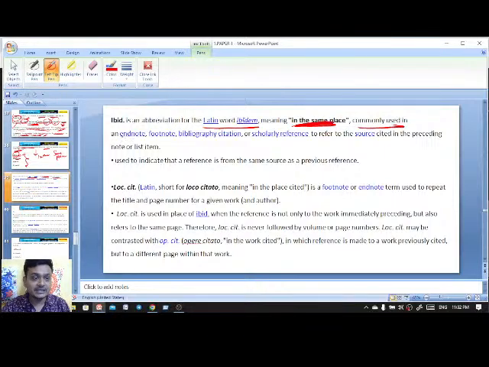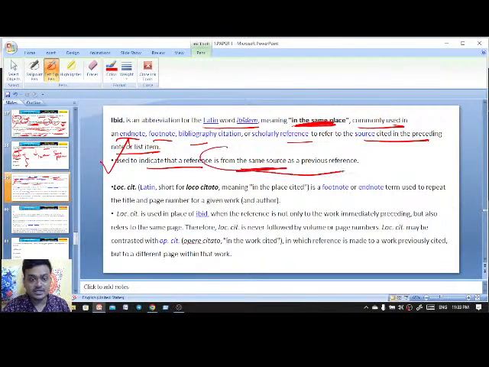Commonly used in an endnote, footnote, bibliography, citation, or scholarly reference to refer to the source cited in the preceding note or list item, used to indicate that a reference is from the same source as a previous reference. That is Ibid, in the same place.